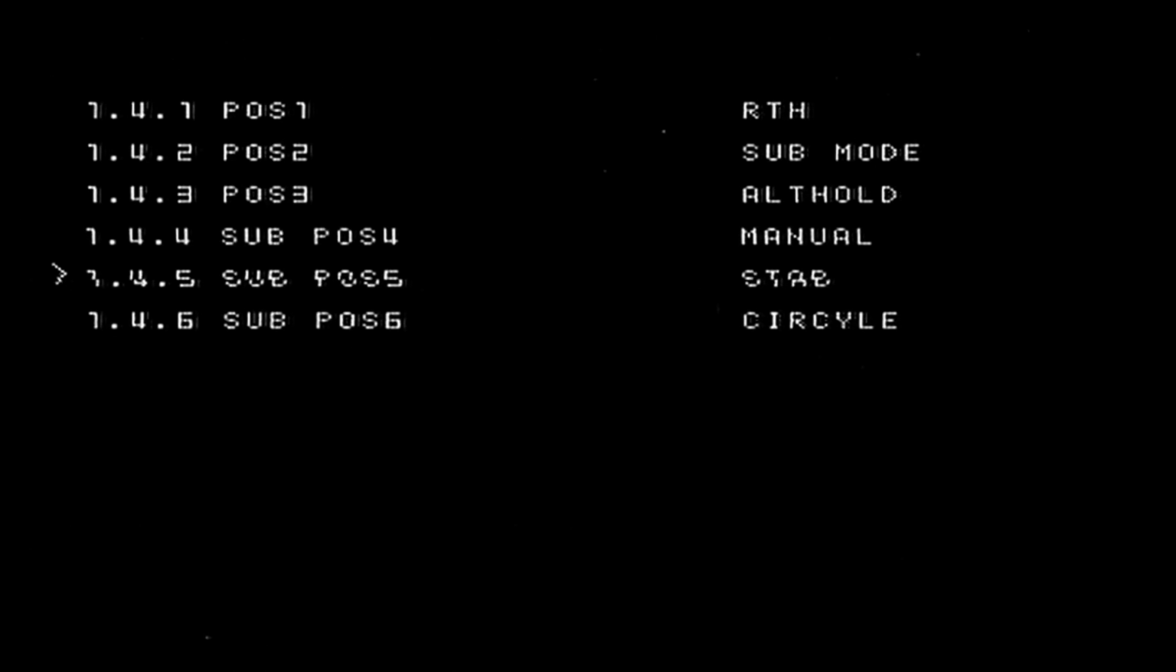Whereas stabilised, oh, we need manual as well. Oh no, manual is there. So we could have, on one switch, return to home. The middle will be sub mode. And the other one could be alt hold, because that will hold heading and altitude and be kind of like a 3D lock. Then the other one we'd have manual,